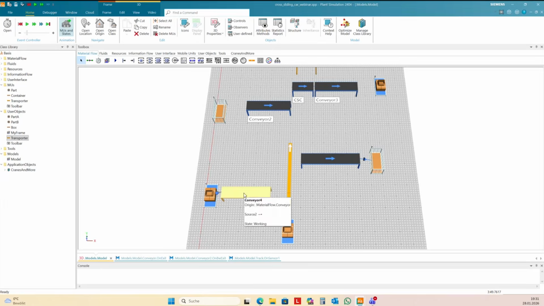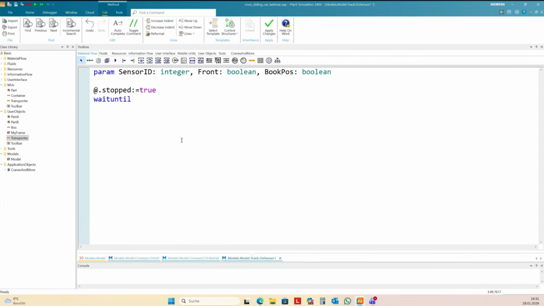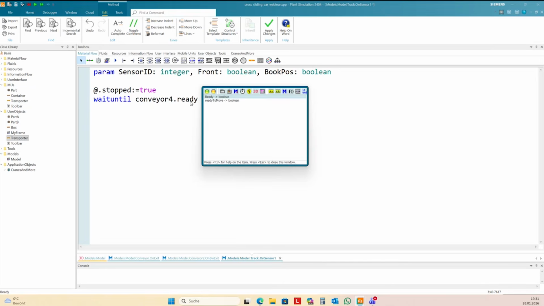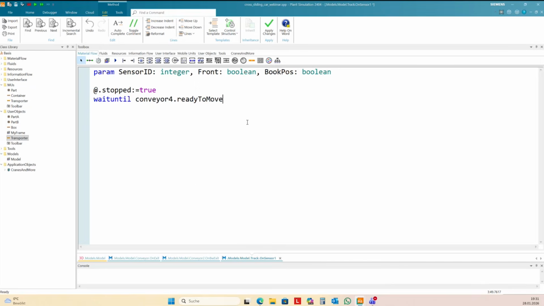Okay, this is conveyor 4. Ready to move, I need to reset this value to false.